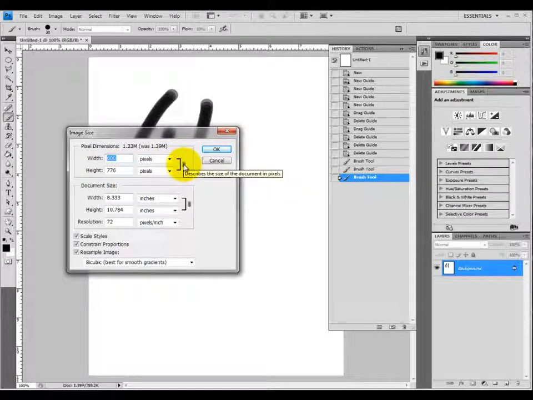But I can click off this. See, constrained proportions down here is turned on. I turn that off. It'll turn off the constrained proportions. So if I change the width, you see it changes the width in inches down here, but the height stays the same because now we're not constraining the proportions with the height. So I turn it back on and it pops back to its original numbers, and I can change this value, and you see how it changes the height value too. So we have image size and